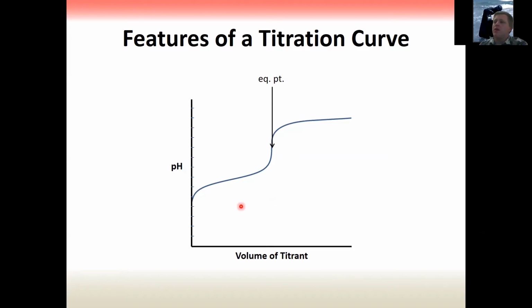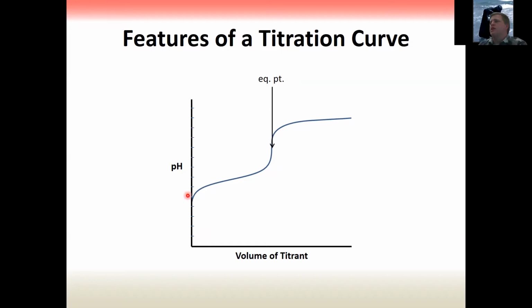How do we know that? Well, because we're starting at a low pH and going to a higher pH, right? Acids have a low pH, and so if this is starting at a low pH, we're titrating a weak acid with a strong base. Right, and at the point where all of our weak acid is used up, or the